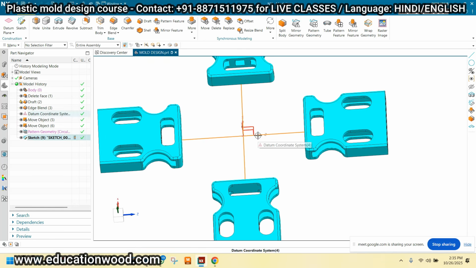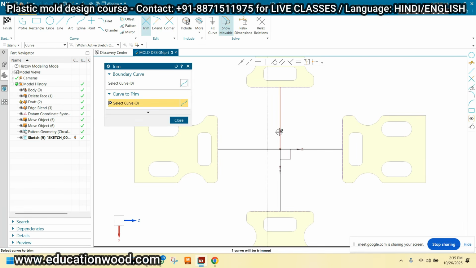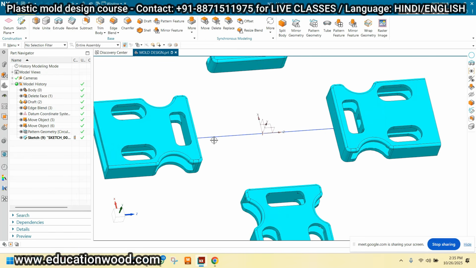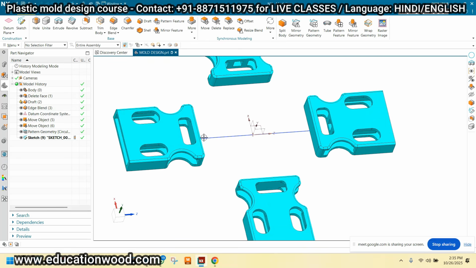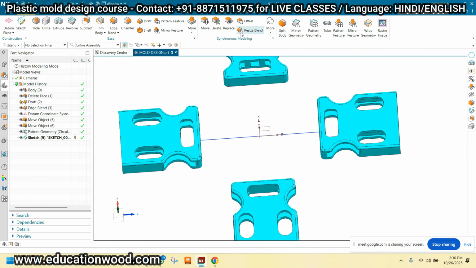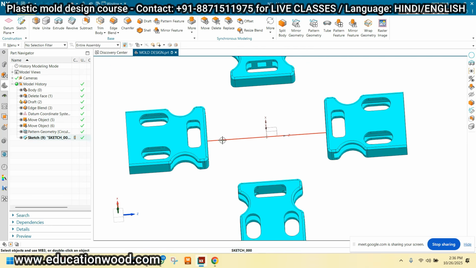I'm making a single sketch. Just trim this one and click OK. Once we prepare this complete runner, I will pattern this. Now let me check MacTube. For example, I have calculated the runner.